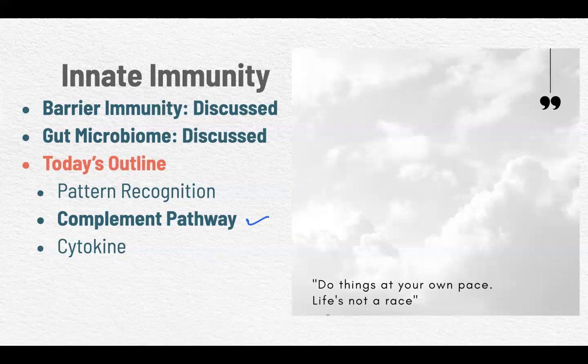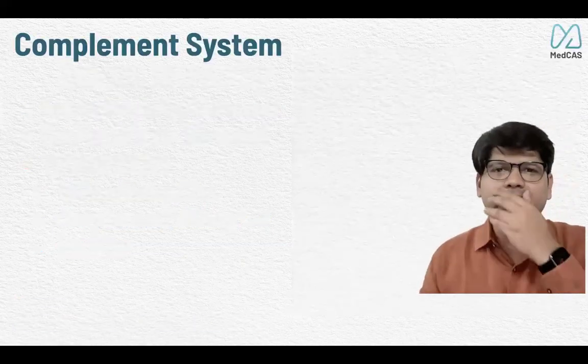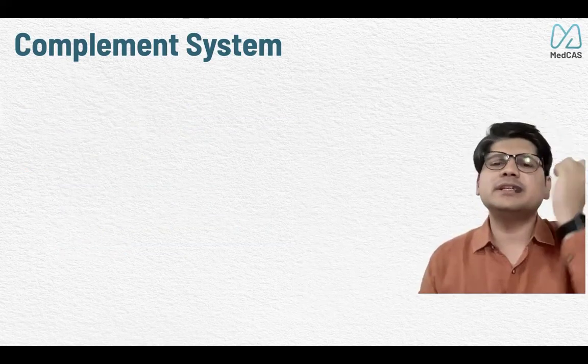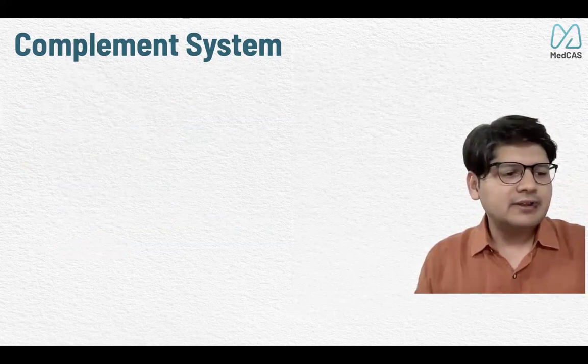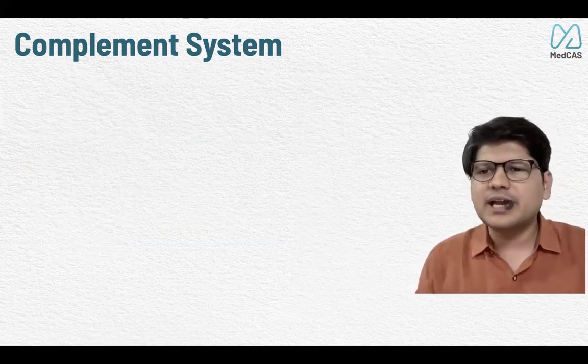But before I go there, can someone type in the chat box, do you know any drugs which target complement other than eculizumab? I know eculizumab, the answer was ready, for PNH, which targets at the C5 level. Do you know any other drug which works on the complement pathway? You can type in your chat box and we will see as the class evolves. So as we understand the complement system, I'll put some questions. I'll go a little slow. Even though we are now just 13 or 14 active in the class, I really need to know some answers, whether you have much idea of this or not.